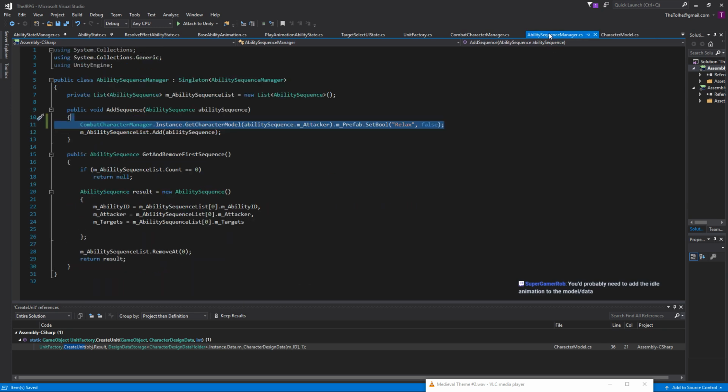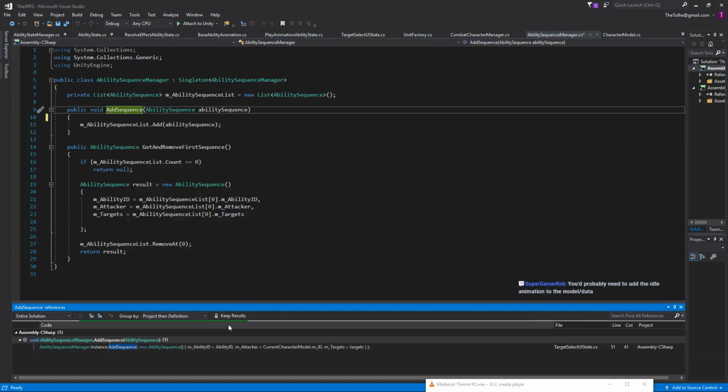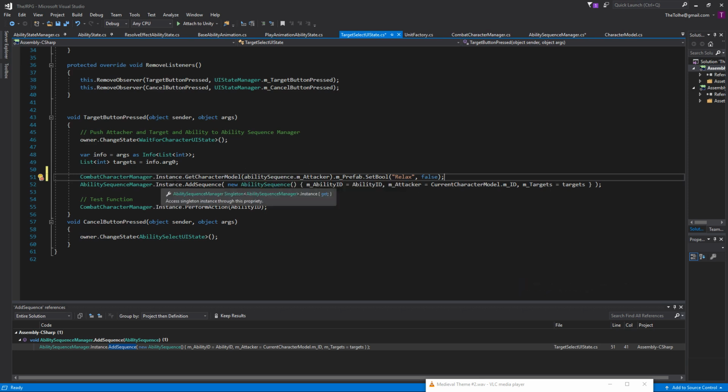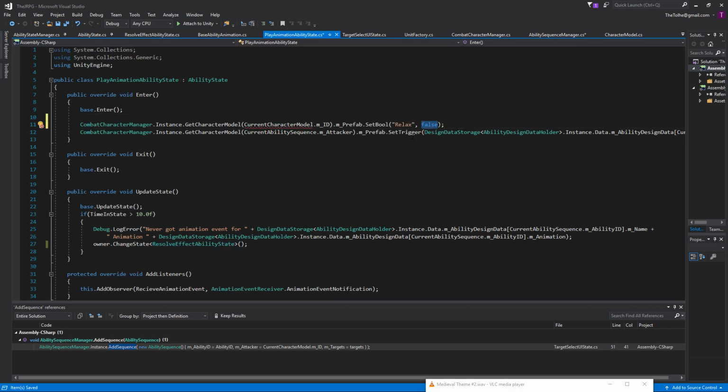Then when we perform the attack, perform a sequence, I don't know if this should actually be here. I'm going to put it one level back because we might use this same functionality for monsters. So here inside of the target selected, we'll set its prefab to relax false. And then inside of the ability states, when we go to play the animation, we will set it